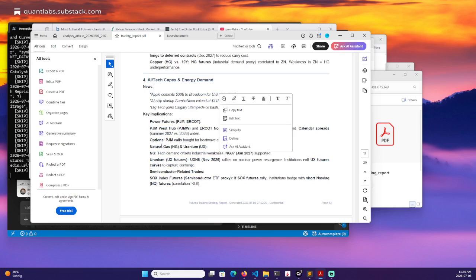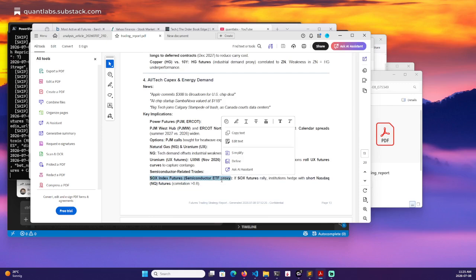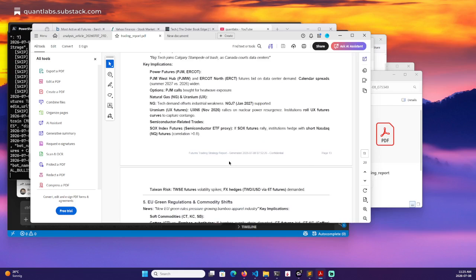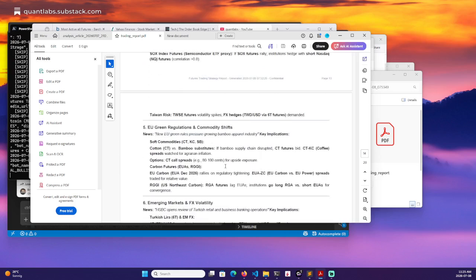Not just futures and options, but there's also ETFs that are mentioned as well, like big ETFs, and in this case, SOX Index Futures with a Semiconductor ETF proxy used for arbitrage as well. If you're trying to learn this sort of thing for a career, to get into those big pay packages like portfolio management, that's where the security is. I don't think the AI is going to take out a lot of the big portfolio managers. I just don't see that.